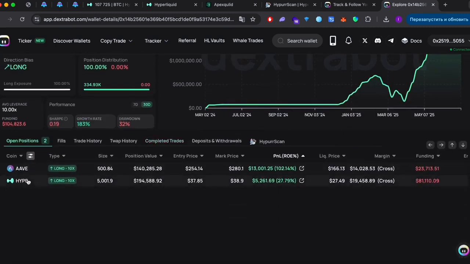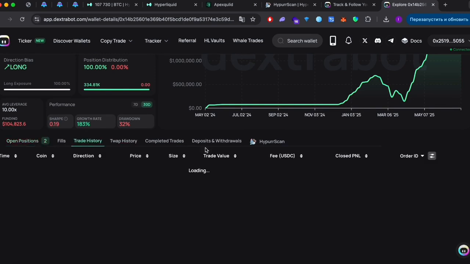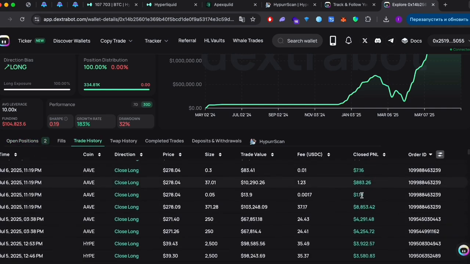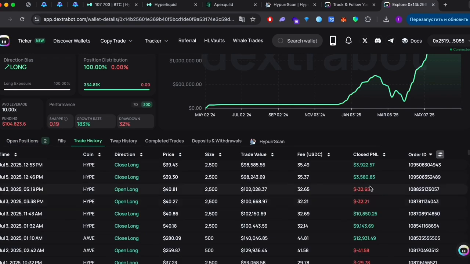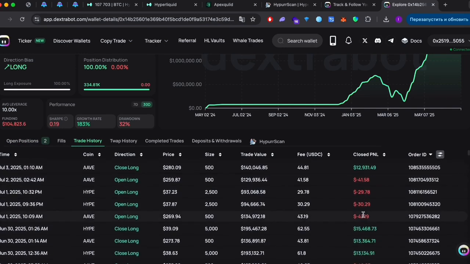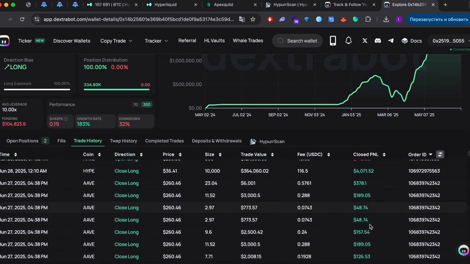By the way, we can see that he currently has 2 open positions, one in Aave and one in Hype. The trade in Aave is for $12,000. Right now it's bringing him a profit of 13, and the Hype position is $5,000. And also, if we go to the trade history section, let's take a look at his recent trades. We can see that lately he's been making only profits. Well, there are some small losses, which are most likely related to commissions,